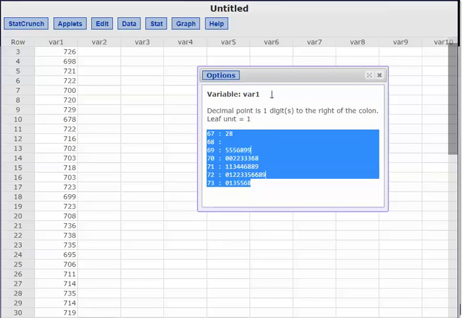And notice up here at the top it tells me I'm using variable 1. We can change the name of that variable. It's telling me that the decimal point is one digit to the right of the colon. So basically it's saying if you go over 1, that's where the decimal is. So this means 672. The decimal actually comes out here, 672, 678, and the leaf unit